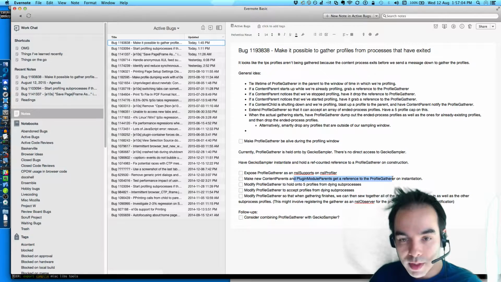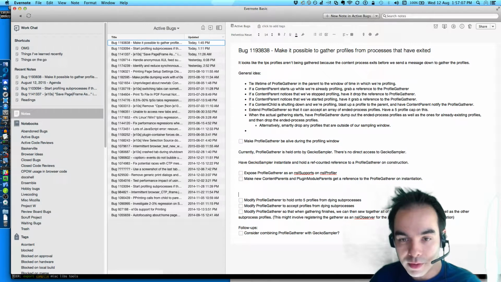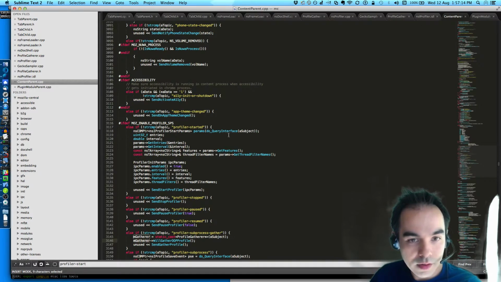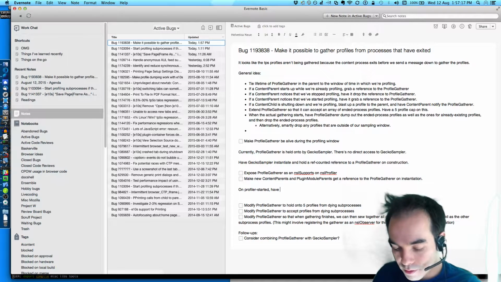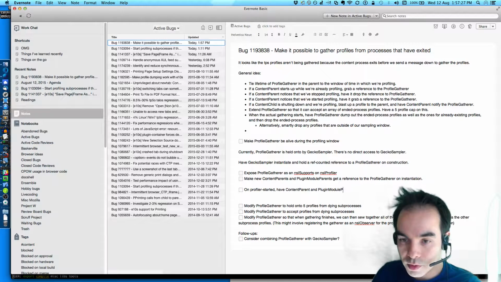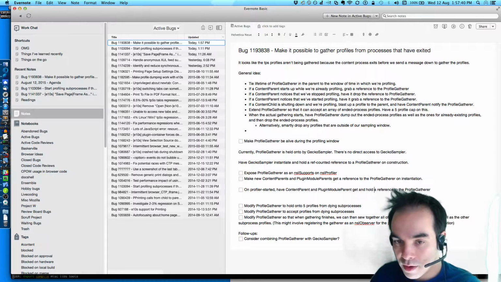So I know how that's more or less going to work. Let me write down what I found though. On profiler started, have content parent and plugin module parent get and hold a reference to the profile gatherer.